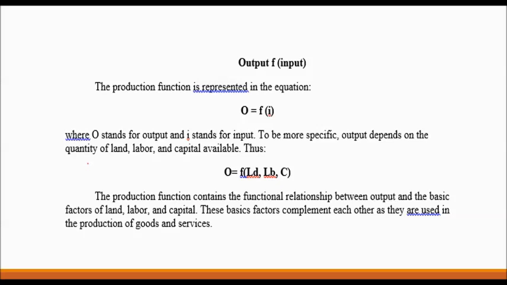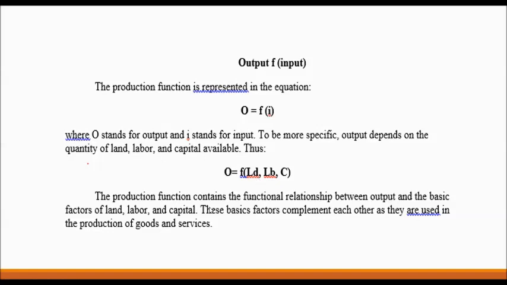So if the company has invested in the latest technology or the latest machineries, wherein they can produce more volume of products or finished goods, therefore the output of their production also increases in volume. Okay, so that's why output depends on the input, or the quantity of the land, labor, and